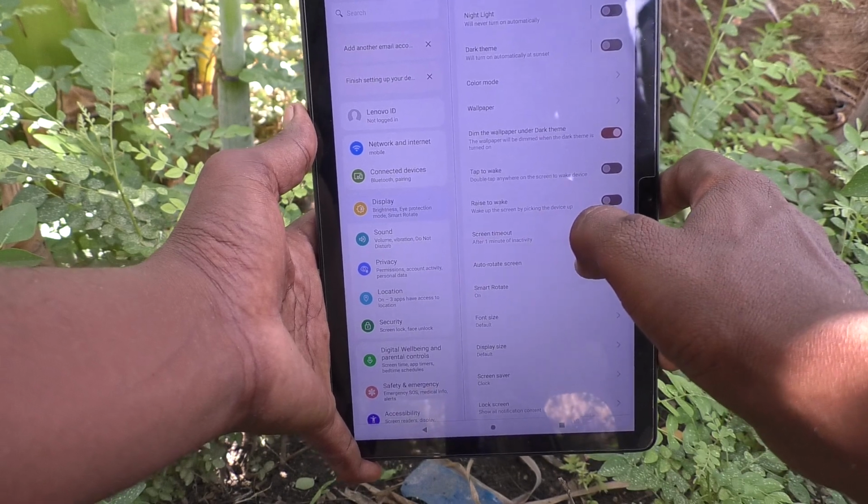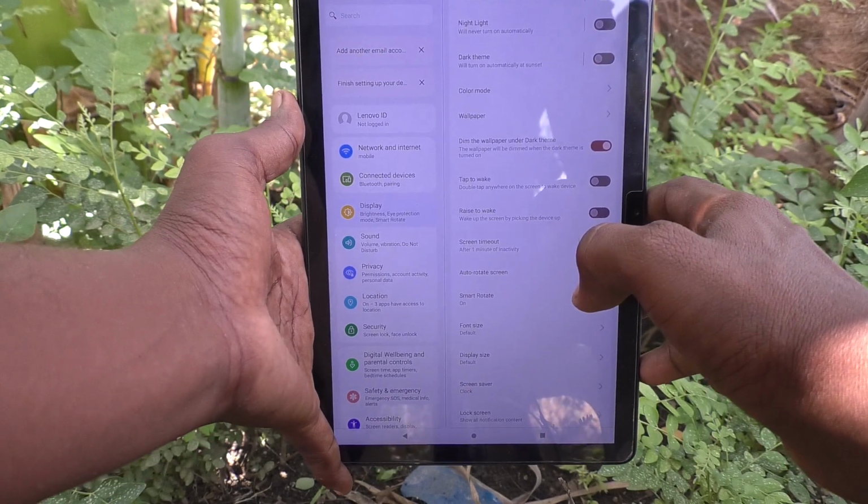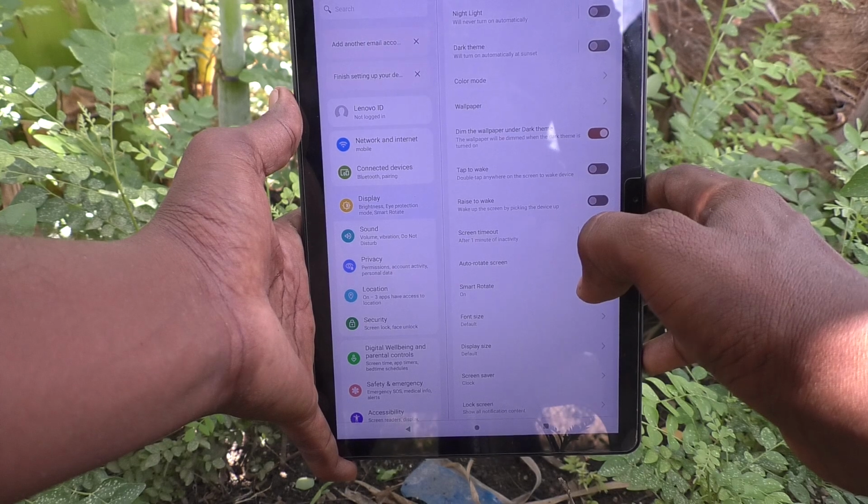Okay, so in this way you can easily set any screen timeout or you can set never screen timeout in your